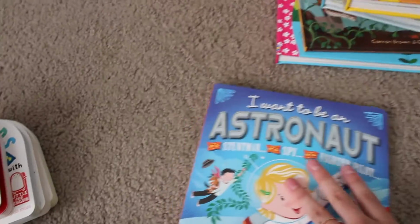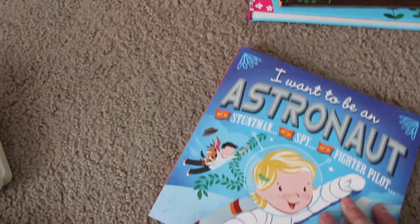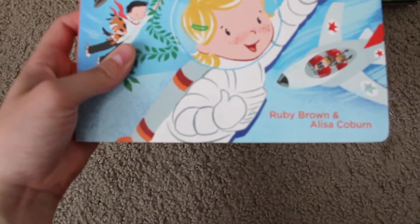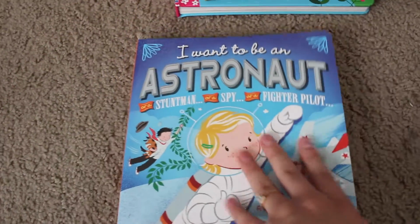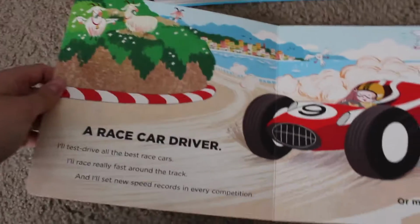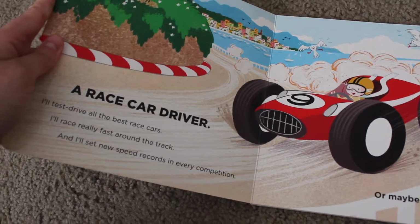So this one is really sweet, and this is for a lot of ages. I love the illustrations. This Alyssa Coburn, her illustrations are so cute. I love this book. It starts out and there's these two little ones. They're talking about what they want to be when they grow up. And what I love about this is that it's a boy and a girl fantasizing about all of these incredible